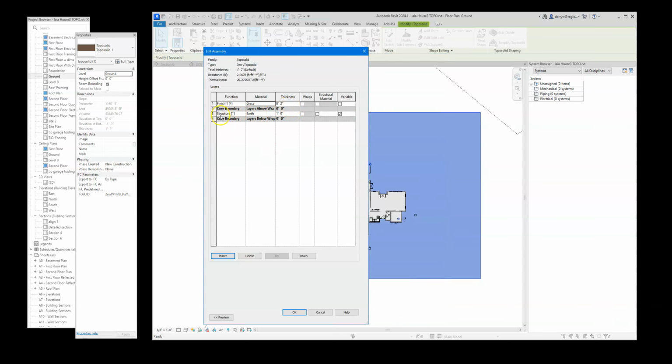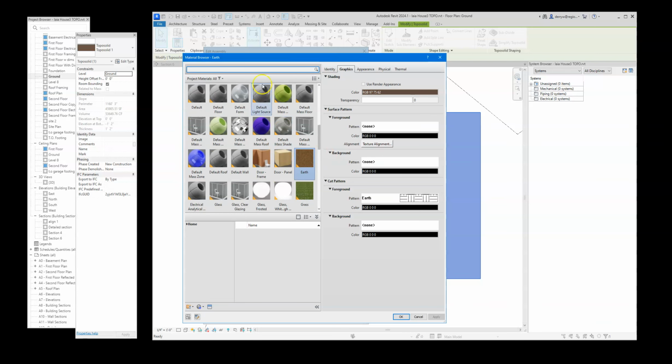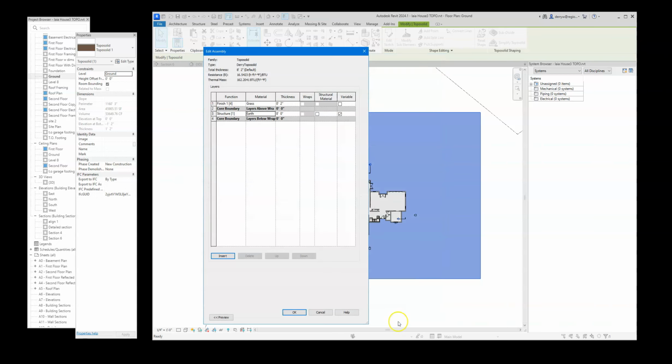Now I'm going to go to the structure layer, earth, and I'm going to change this to be 8 feet. So it's going to make this solid much thicker. I'm going to double click on this property and make sure that you've selected earth as a material, and it should have this fill pattern as well. And if I hit OK and hit OK now,